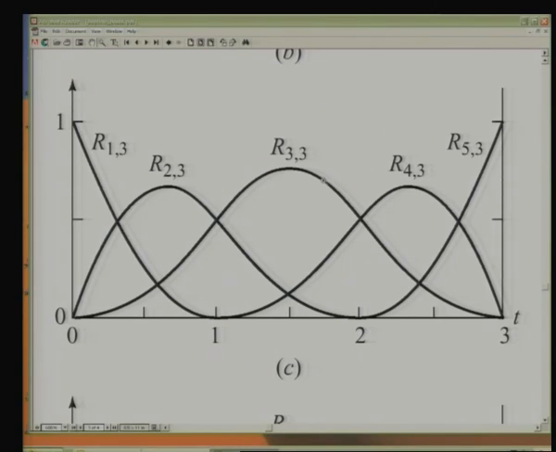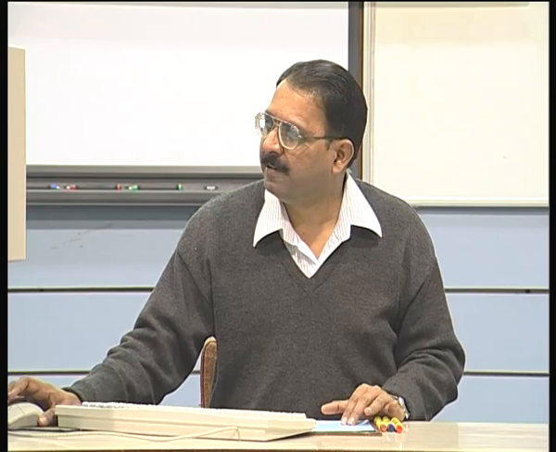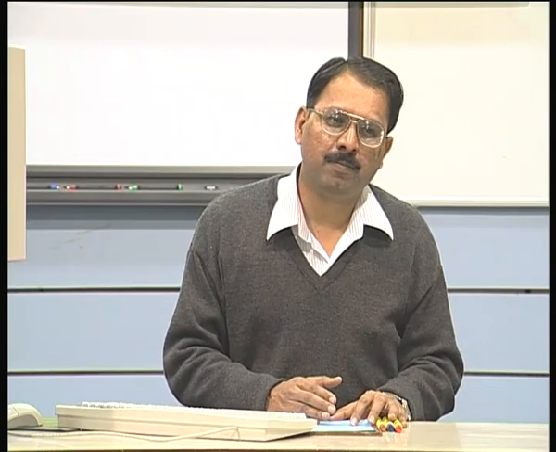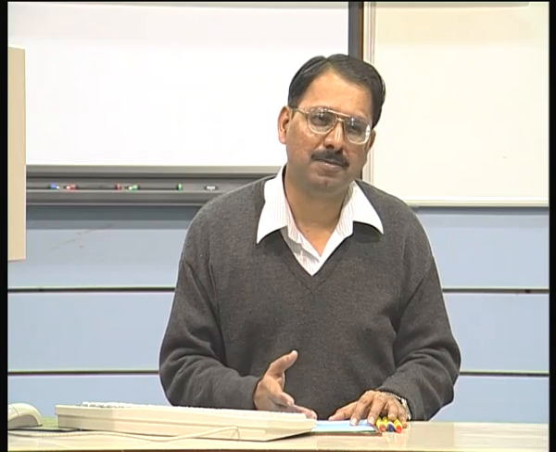Suppose I take a B spline definition where I forget about these end basis functions and use only the common B spline basis function which is defined in the middle, the common one which is repeated for most of the points. If I choose that and try to define a B spline curve, that is called a uniform B spline curve.